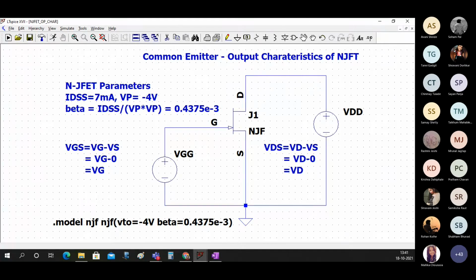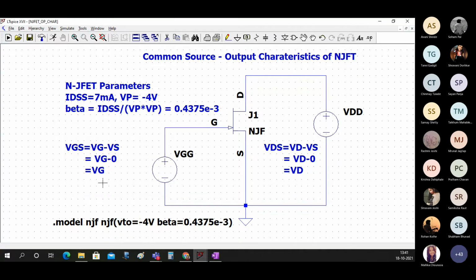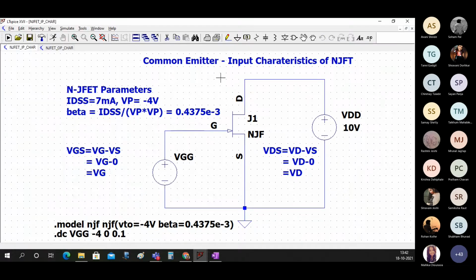So same file, you will save as njfet underscore op underscore char. Change the name of this from common, don't write here common emitter, sorry, you should write here common source. In the previous file also we will make that correction.